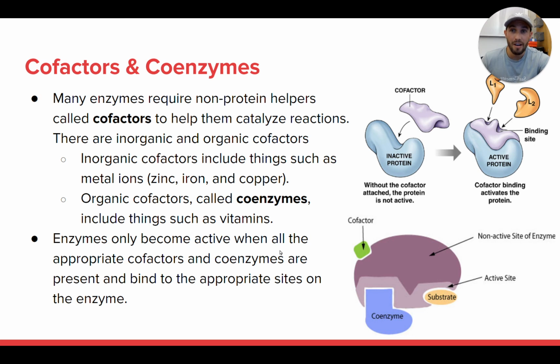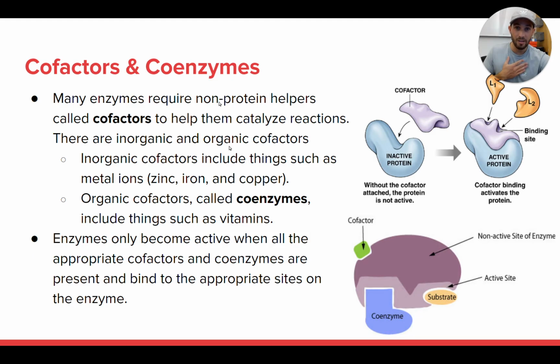And then there's what's called cofactors and coenzymes. Cofactors and coenzymes are kind of like enzyme helpers. These are molecules or substances that bind to certain enzymes and allow those enzymes to function properly. This isn't true for all enzymes, but some enzymes have to have these little chemical buddies that they bind to. When they bind to these chemical substances, they're now ready to do their job. And so those things are called cofactors,